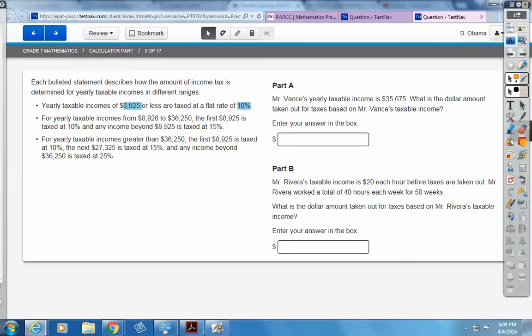For yearly incomes above that, so the first 8,000 is taxed at 10%, and then everything above that is taxed at 15%. And so then this one is a combination of that. So Mr. Vance's yearly income is